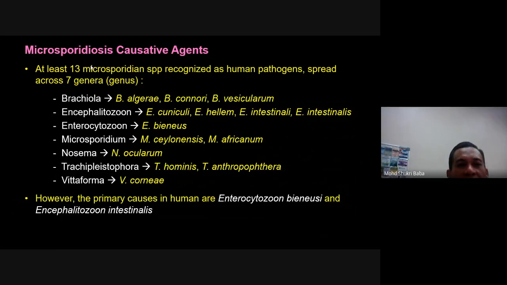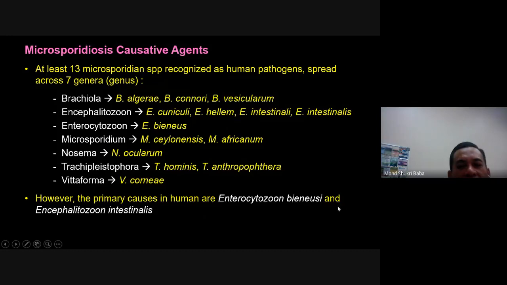Brachiola. Ini adalah senarai spesies dia, okay, B. algaria, B. conori, B. vesicularum, okay. And then jenis kedua adalah Encephalitozoon. Ketiga Enterocytozoon atau Microsporidium, Nosema, Trachyplastospora and Rhizophoma. So ini adalah 7 genus that might kita recognize as a human pathogen. So ini adalah spesies-spesies dia. Alright. However, the primary causative agents in human adalah